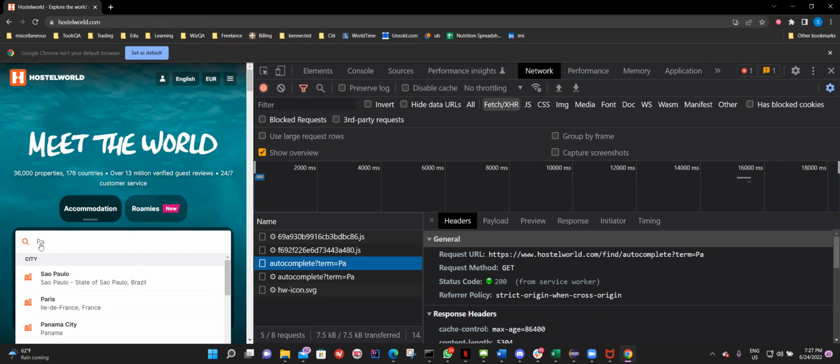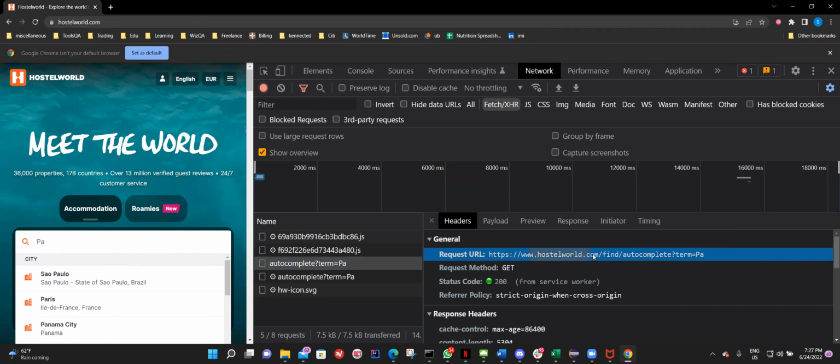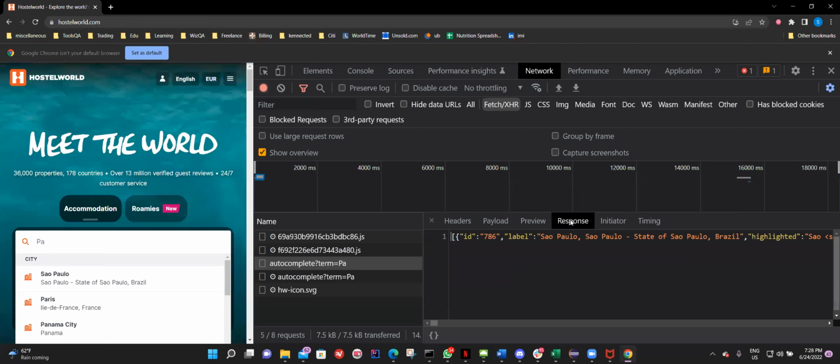When you hit PA, you're basically hitting hostelworld.com/find/autocomplete with term equals PA. So this is an API request you have sent. It's sent over the HTTP protocol, and it is a GET method. This PA is an API request that fired some kind of a SQL command at the backend and fetched the response for you. And you see the responses are